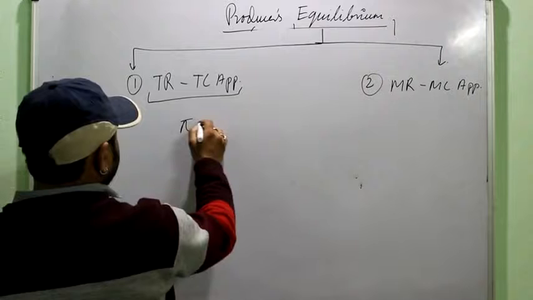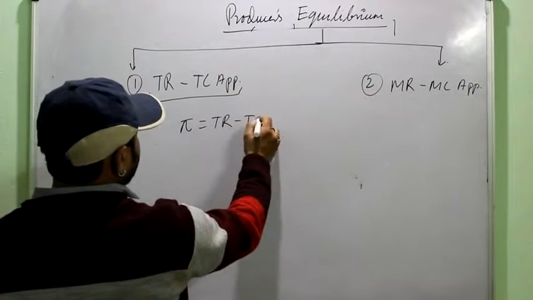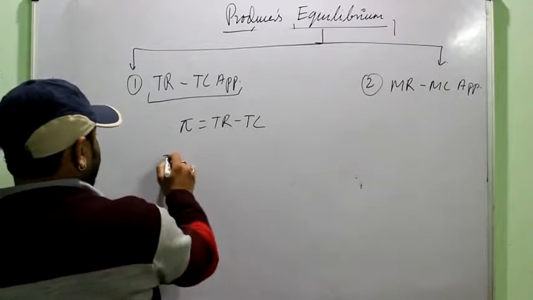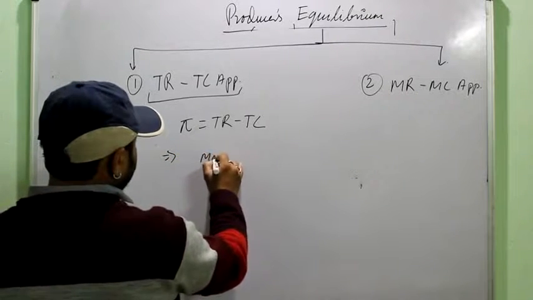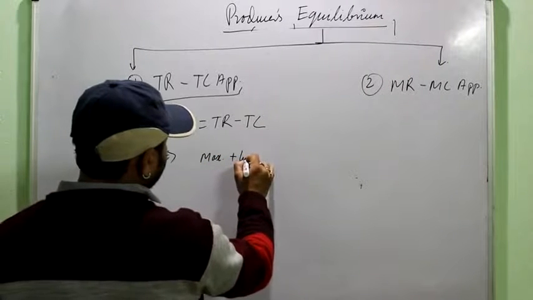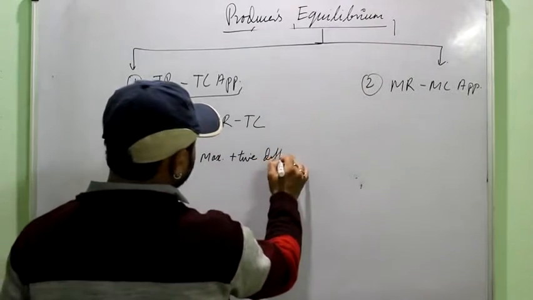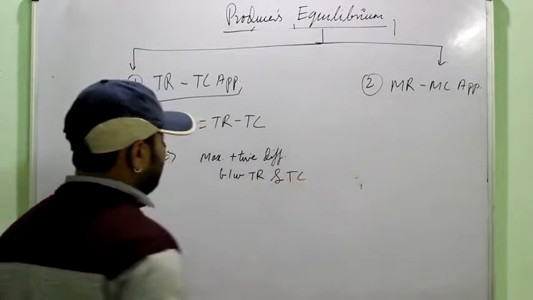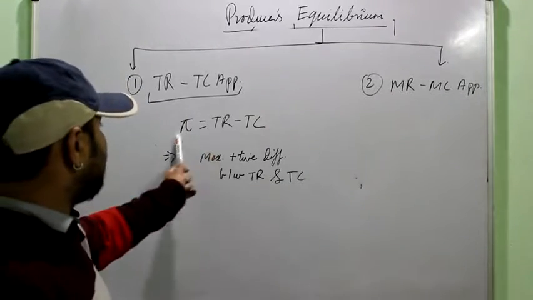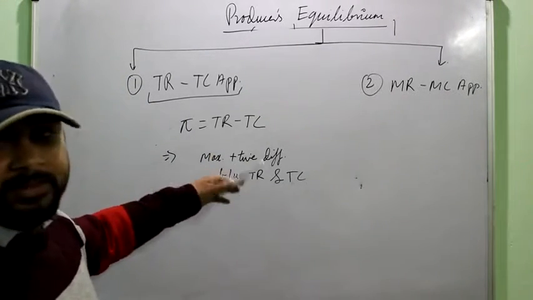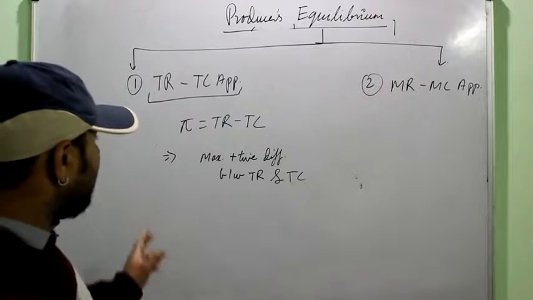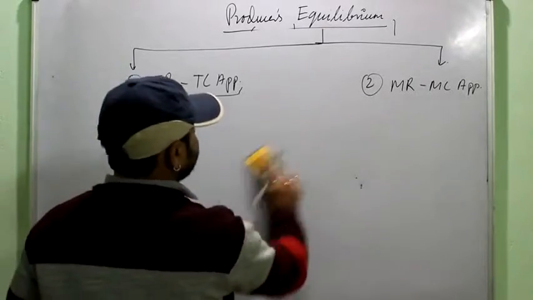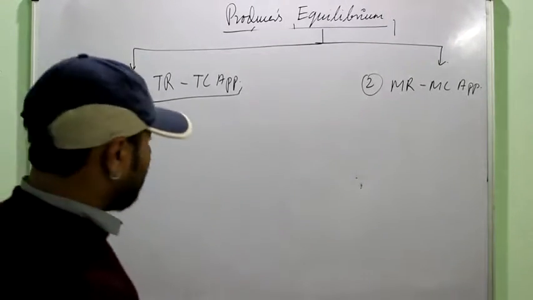It is simply based on the mathematical representation of profit, that profit is equal to total revenue minus total cost. And it says that a producer can maximize his profit when there is maximum positive difference between TR and TC. Difference between TR and TC means TR minus TC, that is profit. Maximum positive means it should be in plus, that is, it should not be a loss, and it is maximized. Actually it is a simple, old approach. With the help of a diagram also you can explain it.